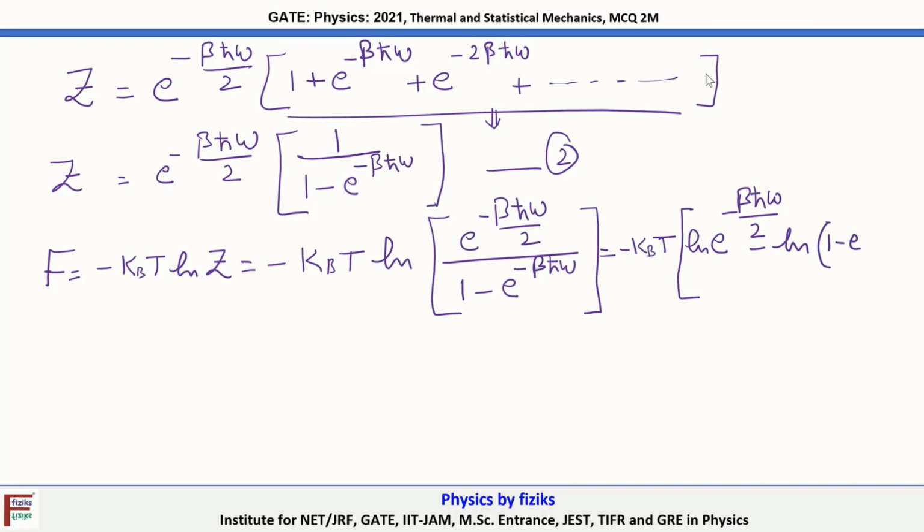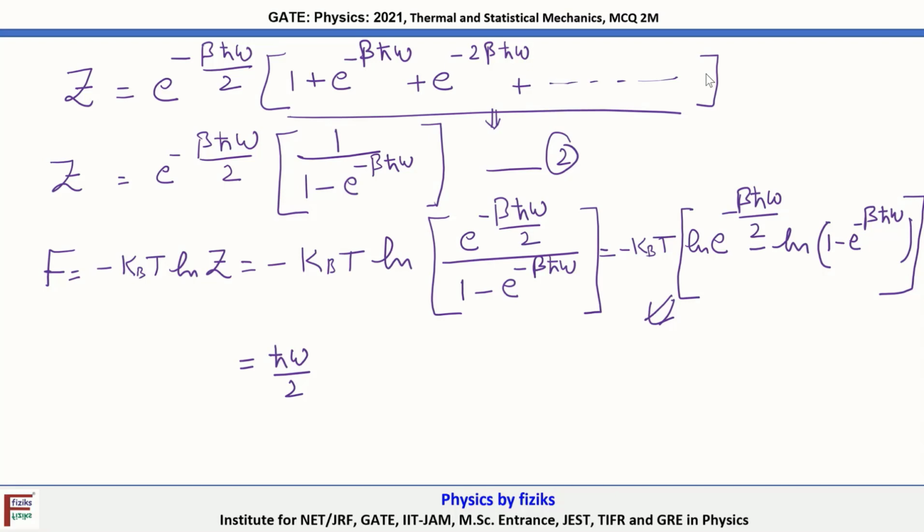1 minus e power minus beta h cut omega, and then the bracket closes. Because ln and e cancel each other, we will have minus k_B T outside, and inside minus beta h cut omega by 2. Beta and k_B T cancel each other, and ultimately we are left with h cut omega by 2. So I am going to write it directly here. This is equal to h cut omega by 2, the first term, and then the minus becomes plus here, plus k_B T